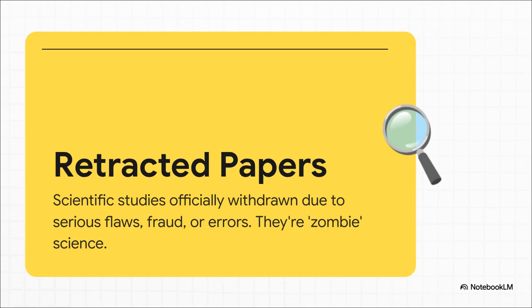Okay, first things first, let's be super clear about what we're talking about here. A retracted paper isn't just a study with a typo, you know? It's a study that has been formally kicked to the curb because of huge problems. I mean, we're talking bad data, broken methods, sometimes even straight-up fraud. This is why we call them zombie science. They're supposed to be dead and buried, but as you're about to see, they have this really nasty habit of just shambling right back to life, especially in our search results.